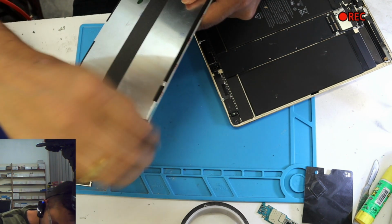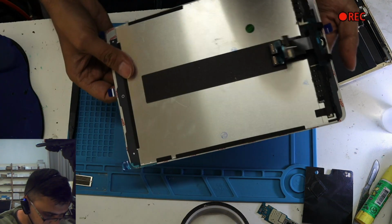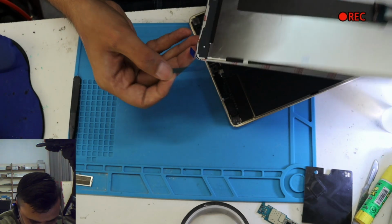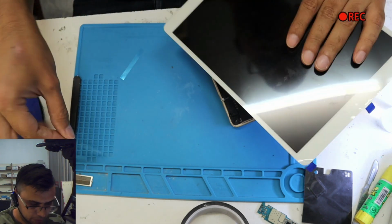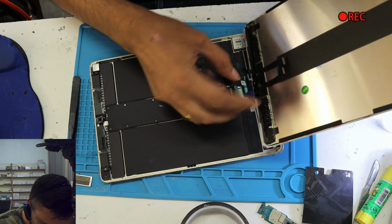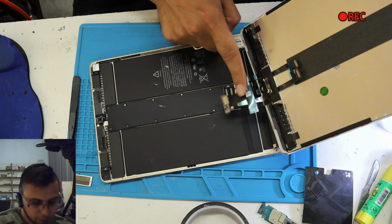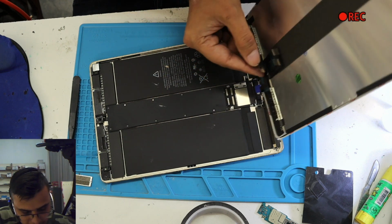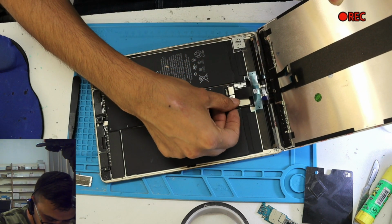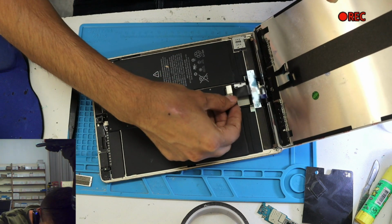Okay, this tape, I did one mistake actually. I didn't test this screen before. The reason why I'm thinking now, because see this thing was under the screen. Maybe this screen is not good, but let's try. Okay, I was talking about this cable here. If you attach this cable over here, you got less space over here to attach it. You have to really struggle. So what you do is attach this one